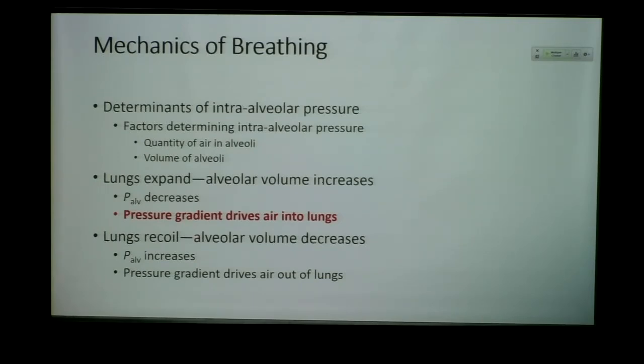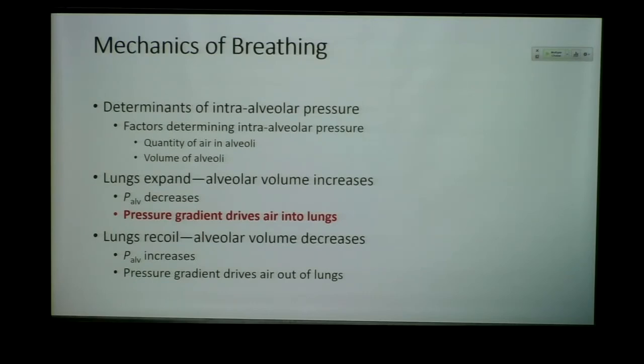And the reverse is true. The lungs will then recoil, right? At the end of inspiration, the lungs will recoil on themselves. They'll become back to their natural shape somewhat. The volume decreases. Those muscles that we mentioned, they relax. So the diaphragm in its relaxed state, it's that nice dome shape. The external intercostals will relax, and that brings the thoracic cavity back to its state at rest, which increases the